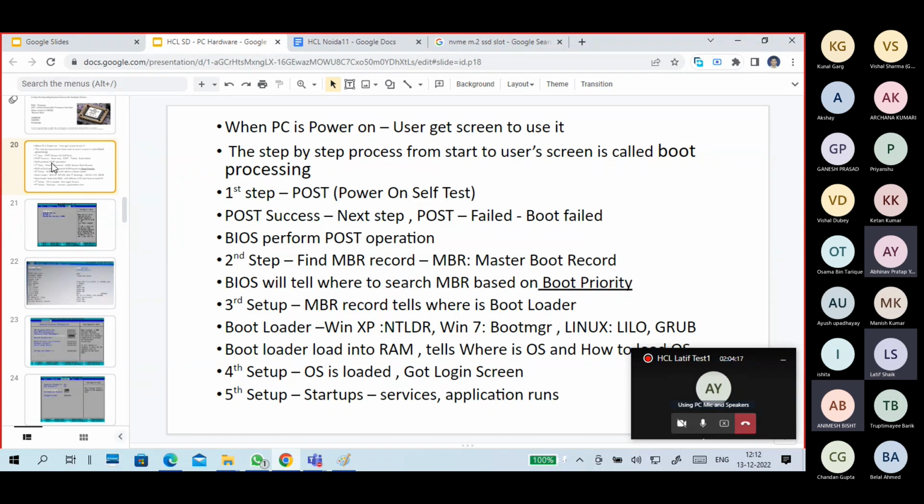You press the power button and finally you get your screen to work, right? In between these two things, a step-by-step process happens in your computer. The step-by-step process from start to user screen is called the boot process. A few steps happen from power on till you get a screen. So what are those steps? The first step, when you power on your system,